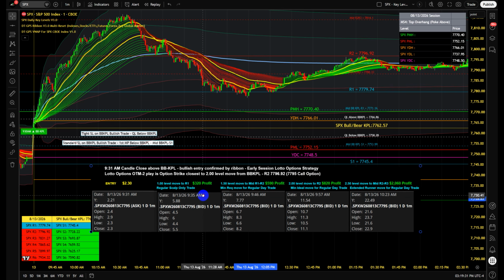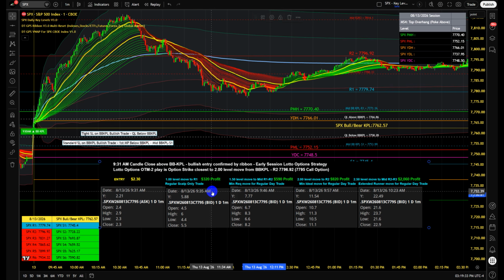Now in this case, we're looking at the 77.95 strike. We're not looking at both of them for today's video. In this case, the 77.95 strike was only an entry of $2.30. So that's a savings of roughly $1,000 over the 77.65 strike. So one advantage is you're putting a lot less money at risk. So if you're just using one contract as an example,